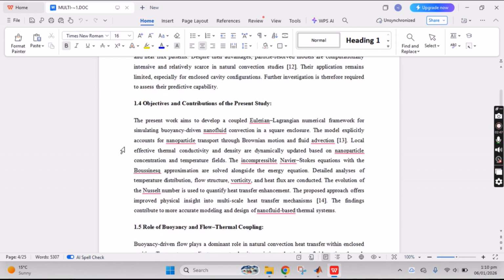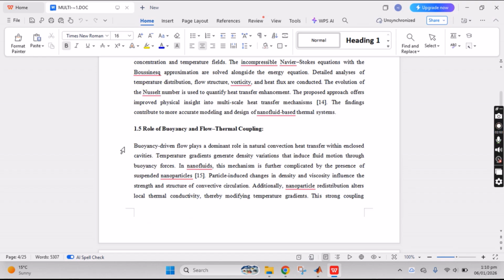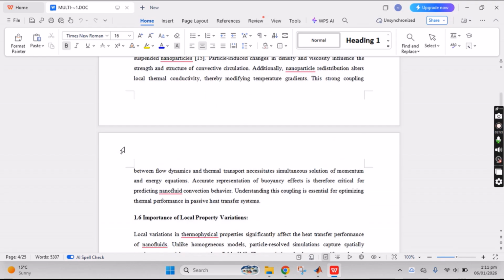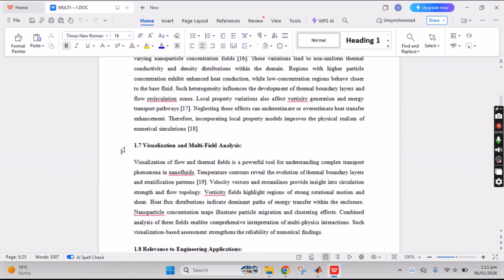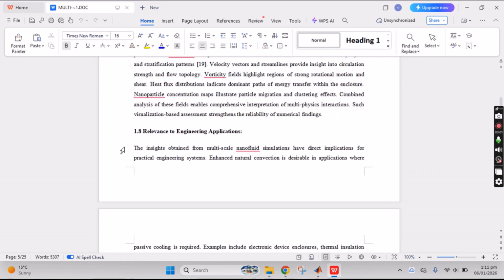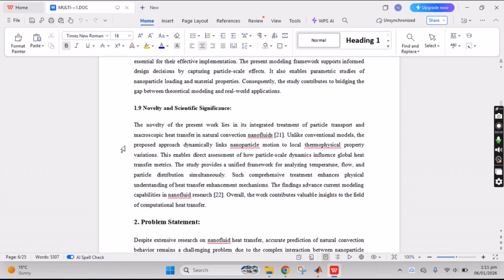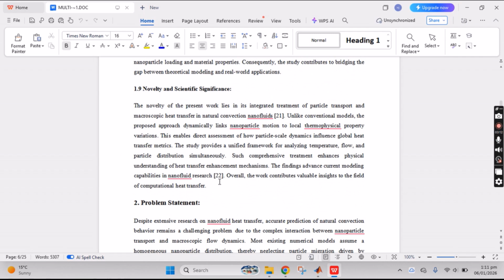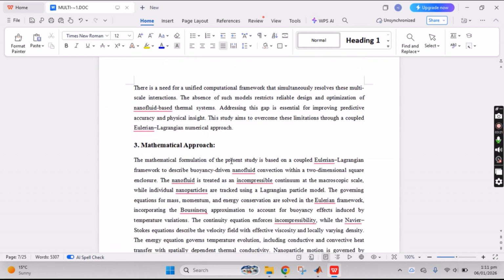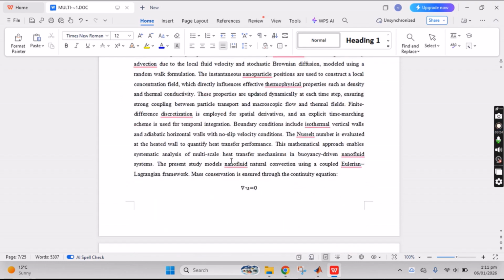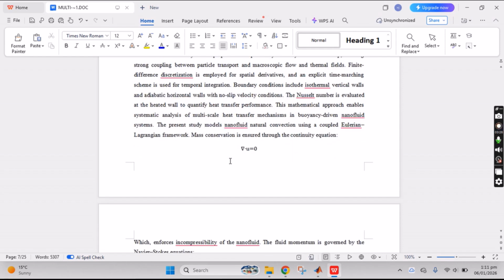Okay. So these are the objectives: flow thermal coupling, importance of local property variations with the visualization and multi-field analysis as well, the relevance to engineering applications, and the novelty and scientific significance. When you read this, you will understand what I'm talking about and what I'm trying to provide you, everything accordingly. Okay. The problem statement with the mathematical approach is provided as the continuity equations according to the mass